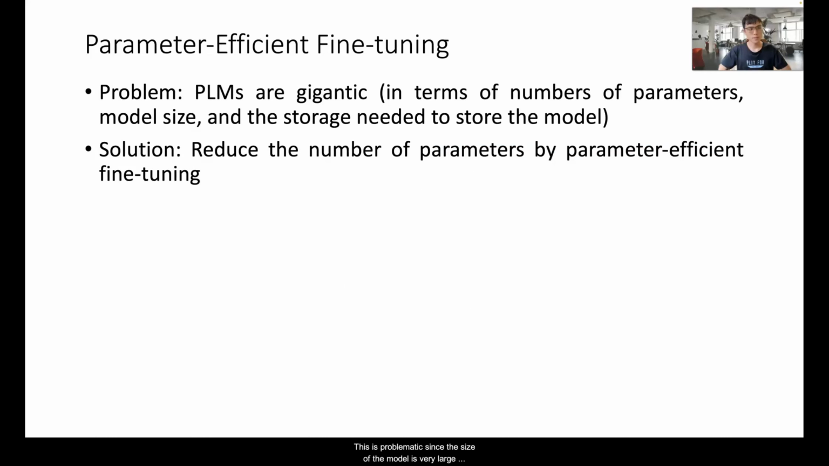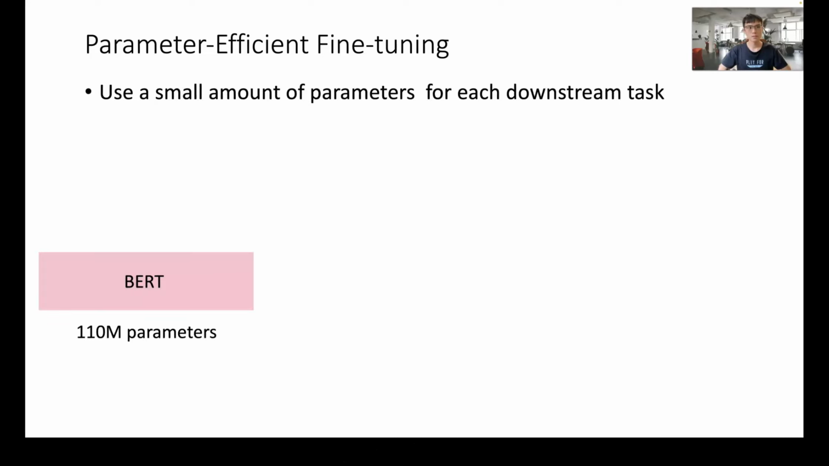This is problematic since the size of the model is very large, and it requires a lot of space to store all those different models for different downstream tasks. In order to solve this issue, parameter-efficient fine-tuning is proposed. The core idea of parameter-efficient fine-tuning is that each downstream task will only have a very little amount of task-specific